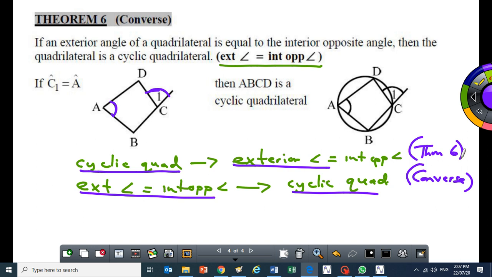Theorem 6: an exterior angle of a cyclic quad is equal to an interior opposite angle. The converse: if an exterior angle of a quadrilateral is equal to an interior opposite angle, it therefore means that the quadrilateral is cyclic. All right. So that's it there. So you've got 6